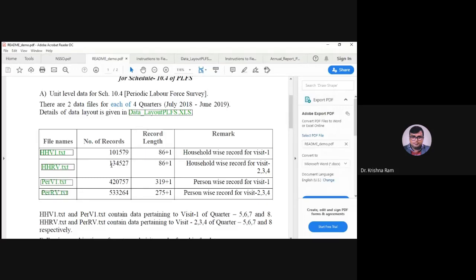But when it comes to totals, you will again get almost similar numbers, probably 100 or 200 less in a particular statistic, but more or less you will get the correct numbers also. But the question is why I was getting one less observation, and what was the solution of that? So the solution is only that you open your text file